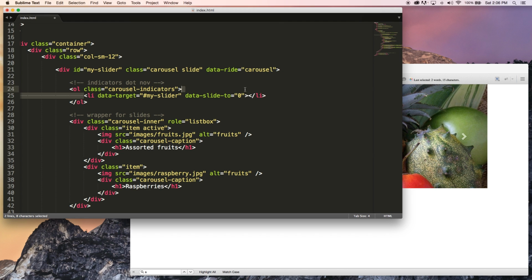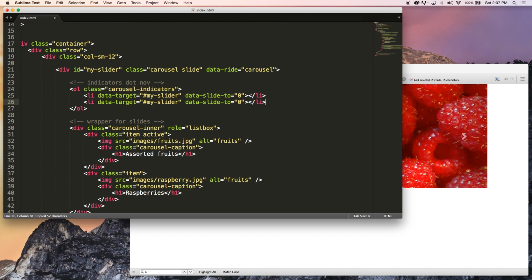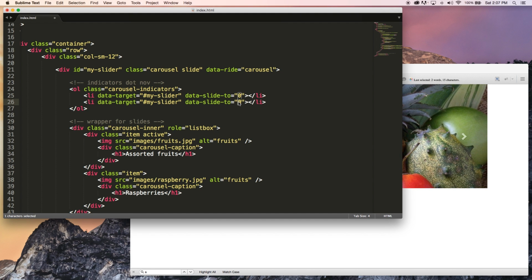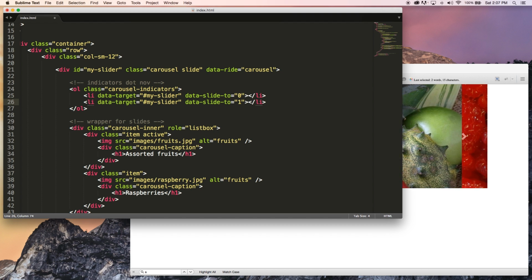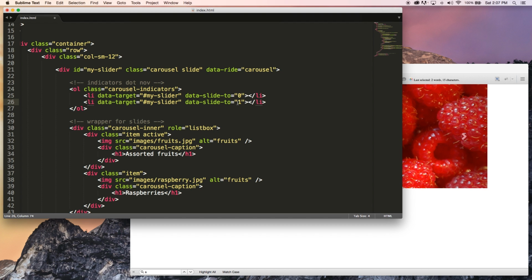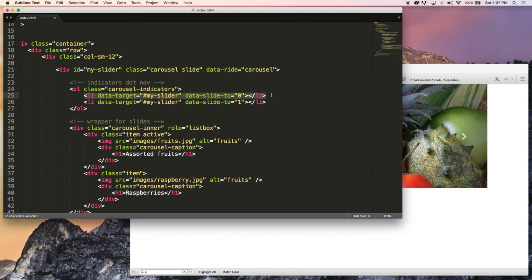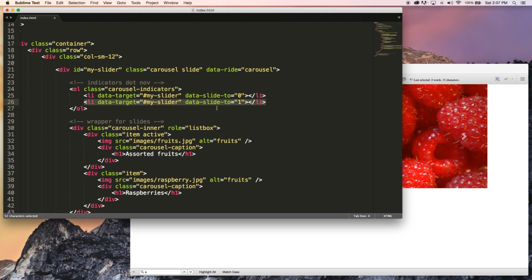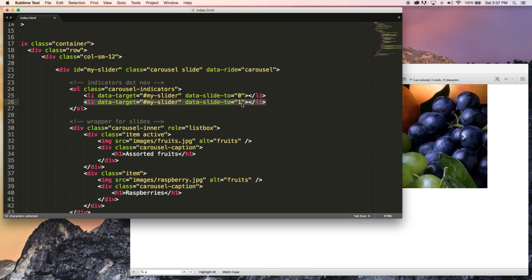I can go ahead and copy this, and I'll paste this down here. And for the second button, we'll just add a 1 to here. So that means we'll now have two dots because we have two slides. And the first dot is going to link to the first slide, or the 0th slide. And the second dot is going to link to the number 1 slide, or the second slide actually,